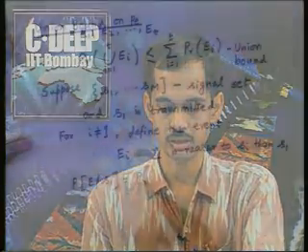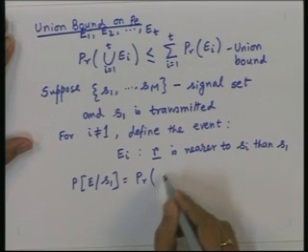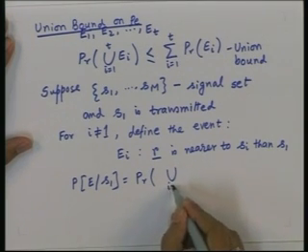So, that means one of the events E2 to Em has happened, only then the error can happen. So, this probability is nothing but the probability of the union of these events, i equal to 2 to m,